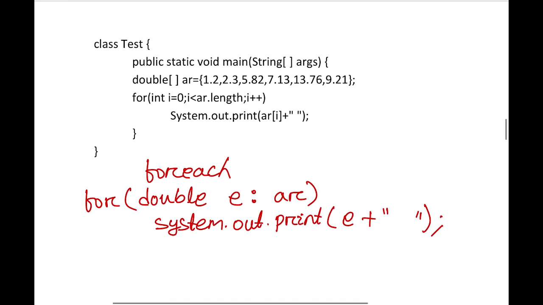So here we can read the statement like this: for each element E in AR print the value of E. And here please remember the type of this E should be same as the type of the element in AR or in the array.